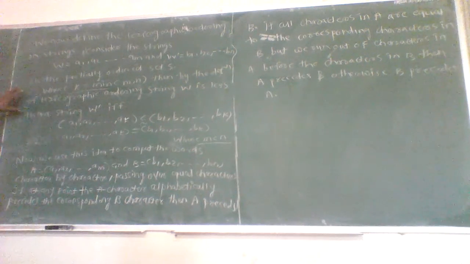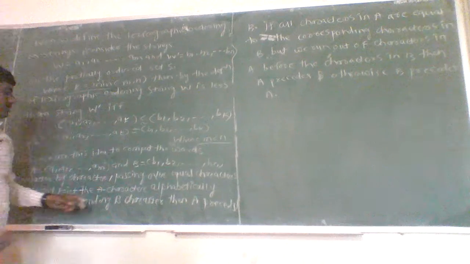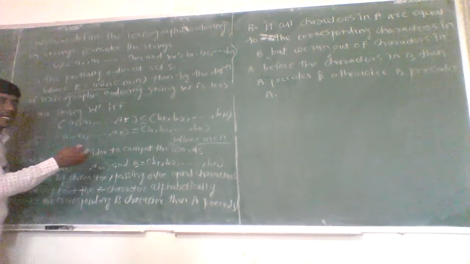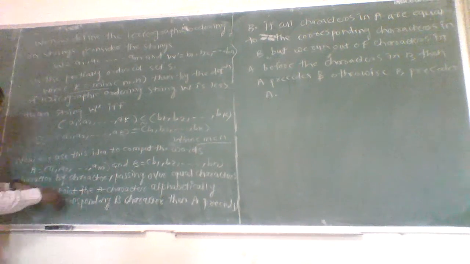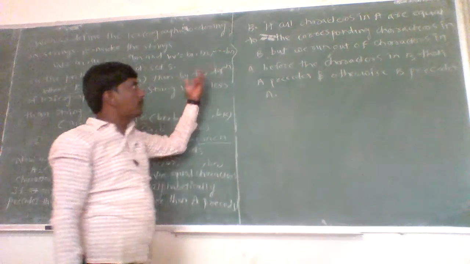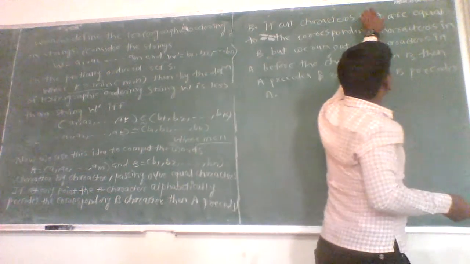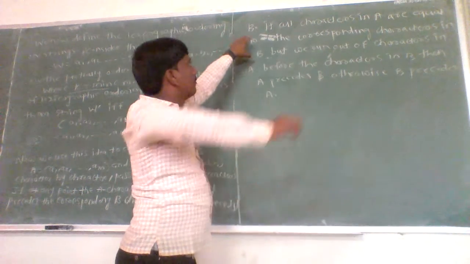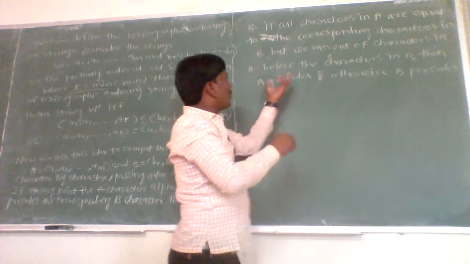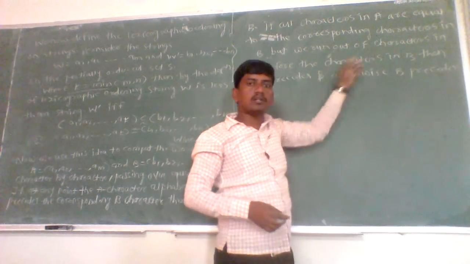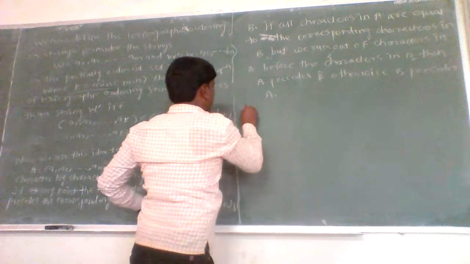We take the two words, and if the first character in A alphabetically precedes the first character in B, then the word A precedes the word B. If all the characters in word A are equal to the characters in word B, but the number of characters in A is less than the number of characters in B, then A precedes B, otherwise B precedes A. For example,